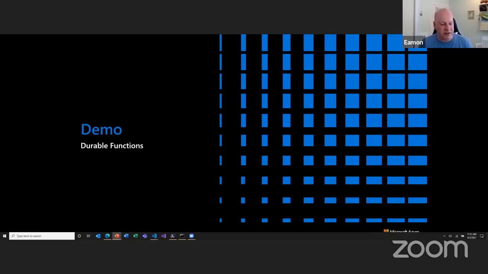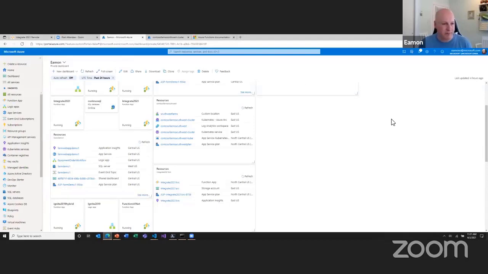So with that, one of the things we just announced was general availability of PowerShell for Durable. So I wanted to show a quick demo of that, give you some visibility into how you could use it, but it's a very similar way if you're using any other languages. We just released Python Durable support a couple of months ago, and we've had it for others for the last few years. So with that, let me jump into the portal.